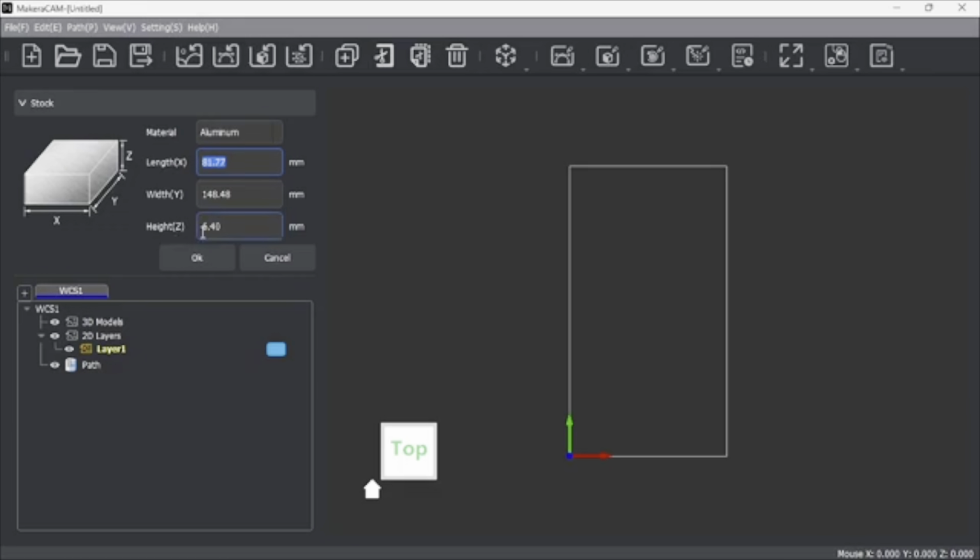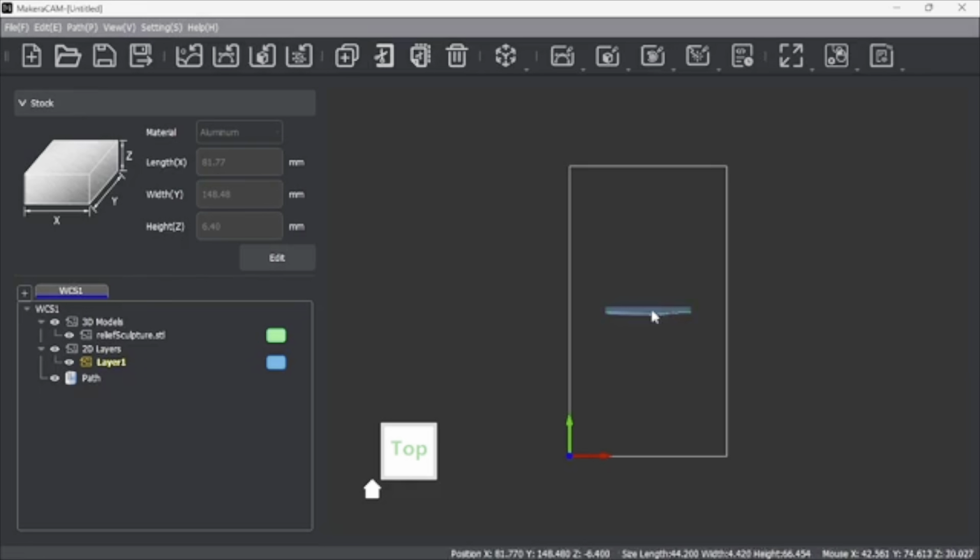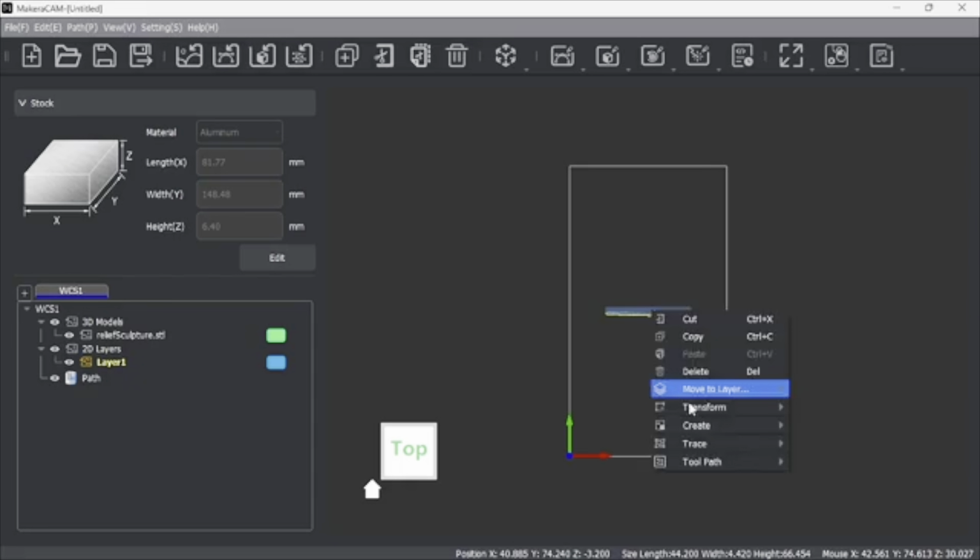You can come over here and use the tool feature. I'll use that one because that's what I used before. We'll go down and find our relief, hit open. It brings it in, and then we're going to left click on that and then right click and go to transform. We're going to go to rotate